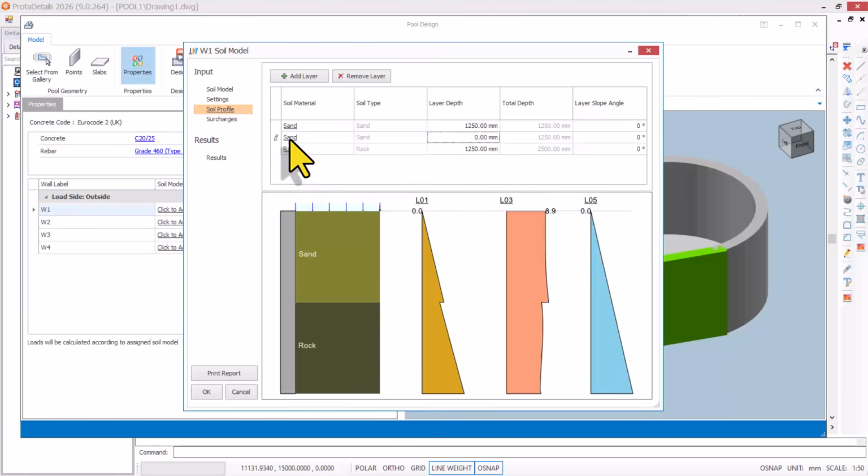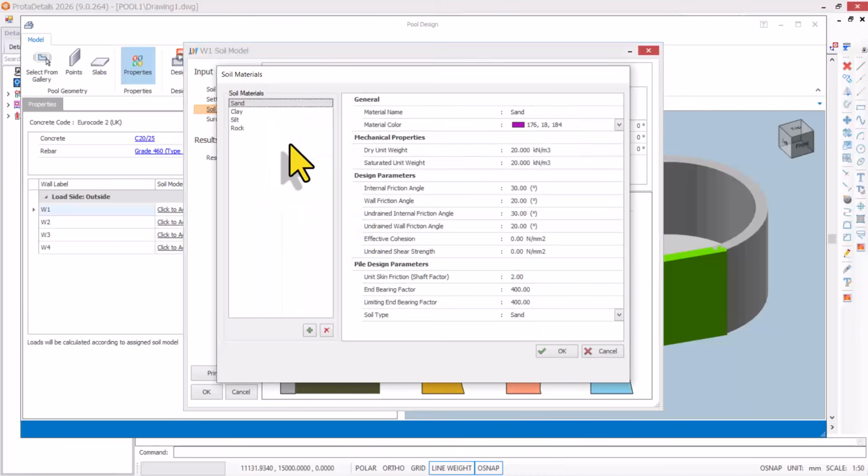So now we have sand. Let's, for instance, say this is a sandy clay, so you have to select it. Over here you select the sand and click on add. This will create a copy of the sand. You now give it a name as sandy clay,